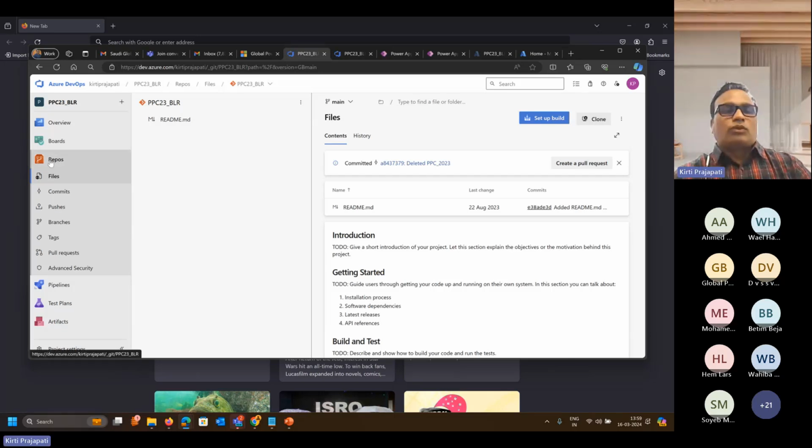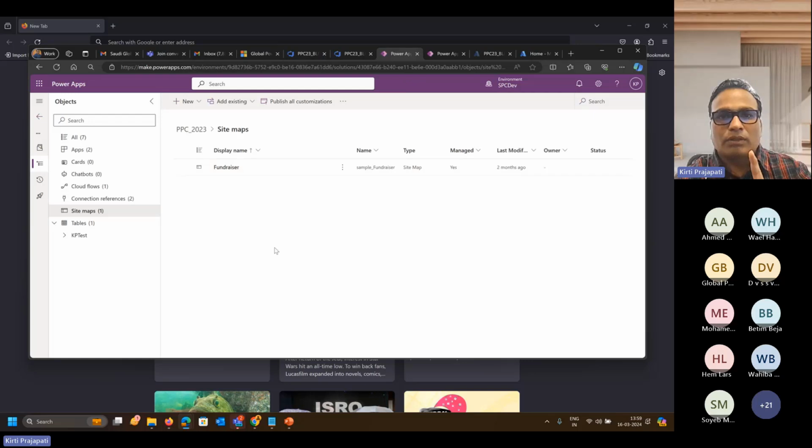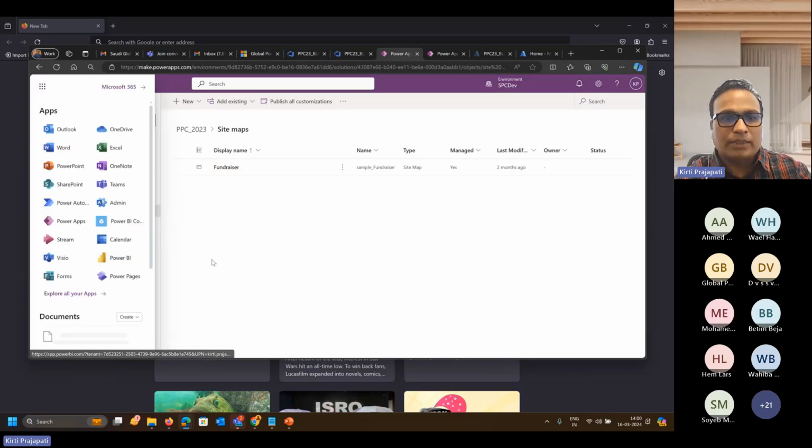Now, to start with pipelines and releases, the first and important thing is that you have to set up the bridge between your Power Platform environment and the Azure DevOps environment. So that's the first thing. For that, we have to process two steps. The first one is in your Power Platform environment. If I go to my admin center,